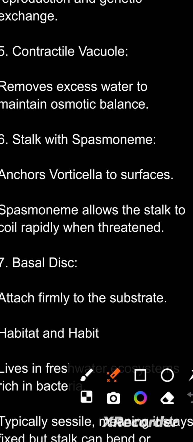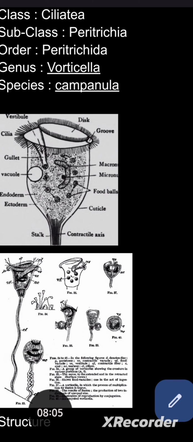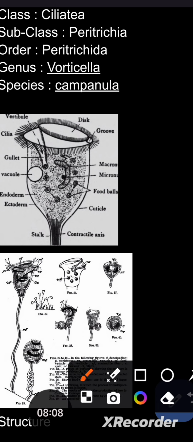Now stalk with spasmoneme. This is the stalk, and the inside part is spasmoneme or myoneme. The spasmoneme or myoneme is located inside the stalk. The stalk is attached to the surface of the body, and at the end of the stalk,